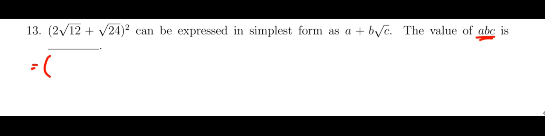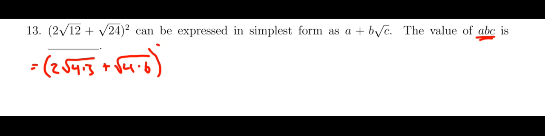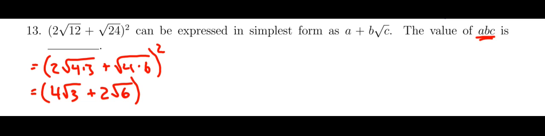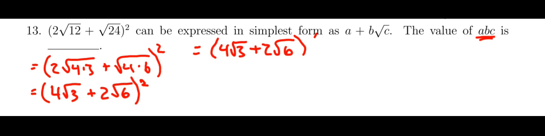So I know that the square root of 12 is 4 times 3, and the square root of 24 is 4 times 6. So those are my perfect squares that I see inside there. The square root of 4 is 2, so I can pull a 2 out, but there's already a 2 there. So that becomes 4 root 3. And then the square root of 4 is 2, and I can pull that out, and I'm left with a root 6 there. So now the square means 4 root 3 plus 2 root 6 multiplied by 4 root 3